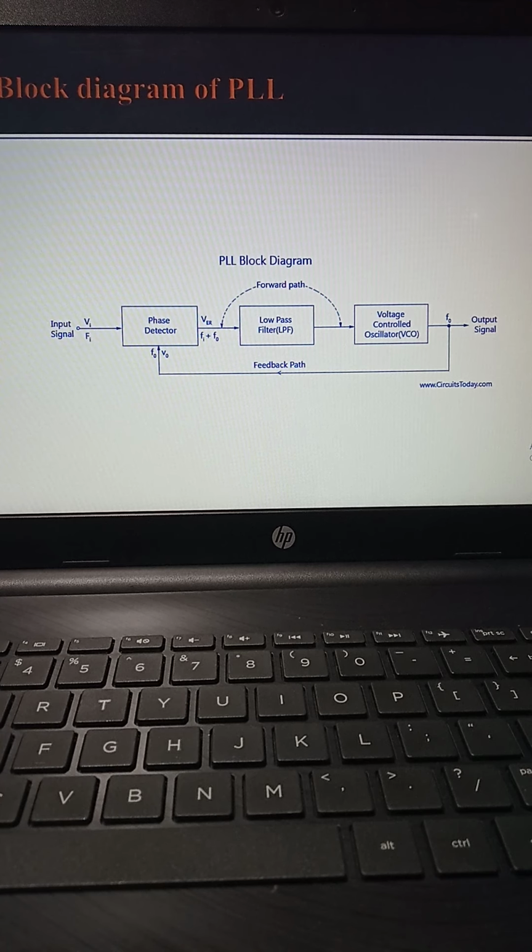The output provided by the low pass filter does not have enough amplitude to drive the further system. So in between the low pass filter and the voltage control oscillator, we have an amplifier. The amplifier is basically used to boost the signal, to have enough amplitude. So the amplifier provides adequate amplitude to the output of the filter, that is a DC voltage. The output of the amplifier is now called VC, that is the control voltage.